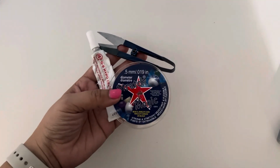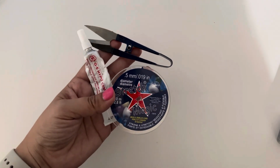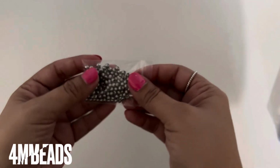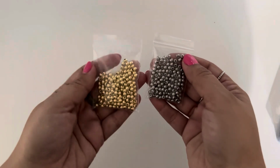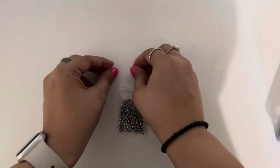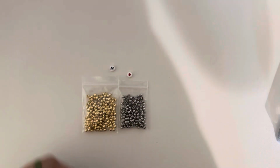These are the materials you're going to need: scissors, glue, and of course your clear string. I'm going to be using also beads, 4mm beads, and I'll be showing you next. These are the 4mm beads. They are silver, and I'm also going to be using gold beads. I'm going to be working on the silver ring first. I'm going to use a red heart bead for the silver ring and a letter M bead for the gold